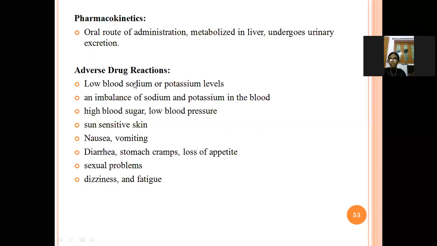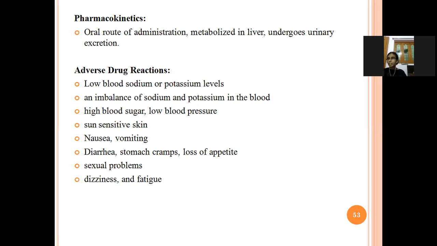So adverse drug reactions are low blood sodium or potassium levels, imbalance in the sodium and the potassium in the body, low blood pressure, high blood sugar, and sun sensitive skin, means they can't expose themselves to the sunlight, nausea, vomiting, diarrhea, stomach pain, muscle cramps or stomach cramps, loss of appetite, sexual problems, dizziness